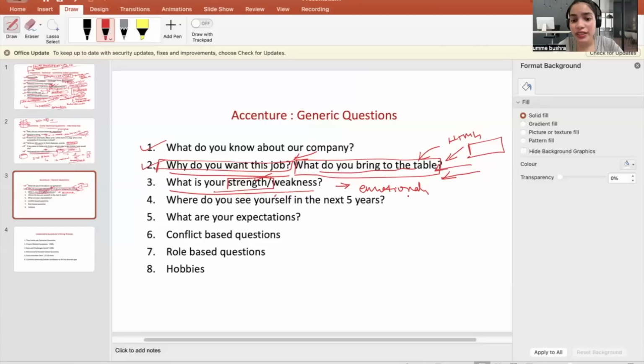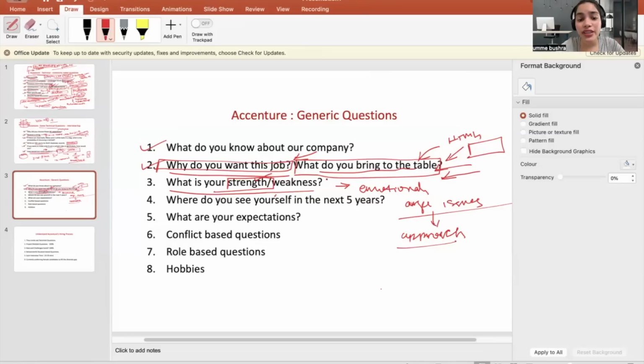When you talk about your weakness, say you are somebody who has anger issues. If you have anger issues, then you talk about that weakness, and you also talk about the approach you've taken to overcome it. For example, I used to have anger issues a lot. I think that is my weakness. But now I'm taking appropriate measures to overcome it. For example, last time I got really angry, I sat myself down, drank some water, and told myself that being angry at this situation is not going to fetch me anything. So I try to have self-talk and overcome that.